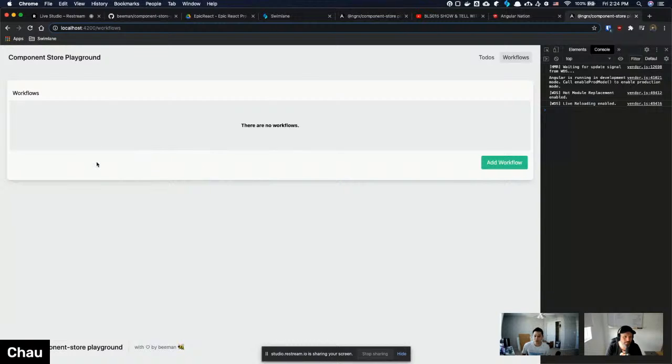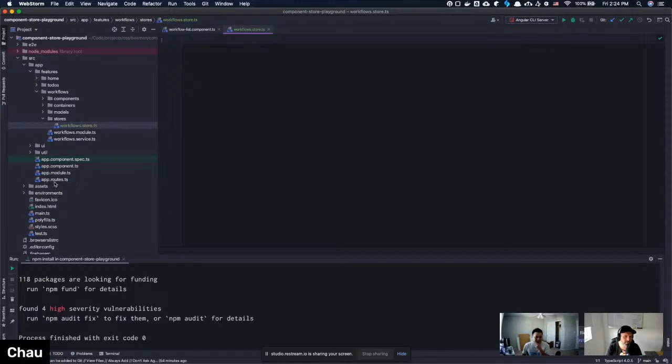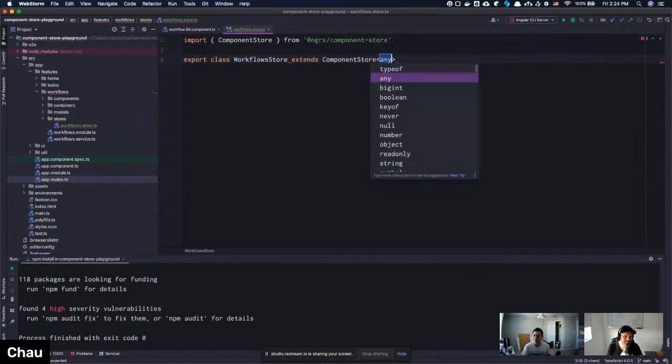But when we go to the group and to the node, we're going to need another store. And these don't inherit, so the workflow detail will never edit something in the other parent. They're not even parent-child. They're just separate routes. Right. So the first thing I'm going to do is a quick workflow store. I'm going to extend the component store